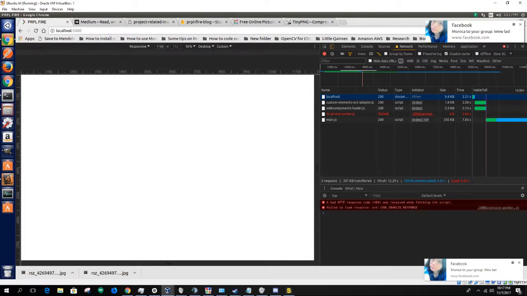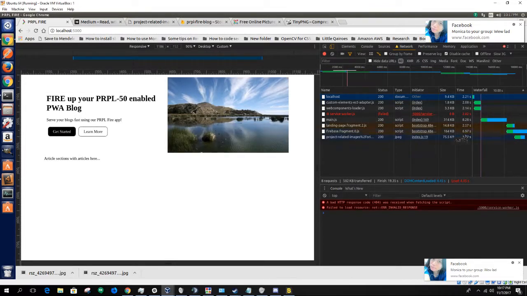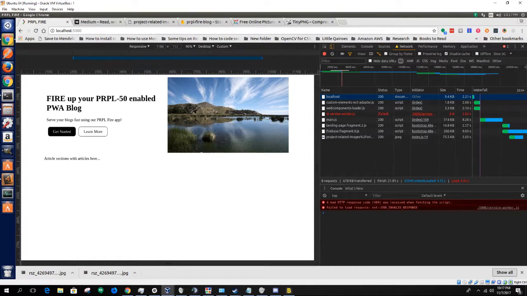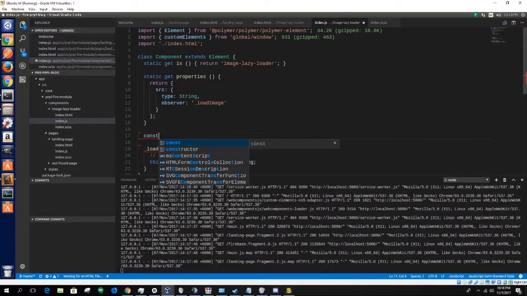So the main JS is being loaded and the landing page is loaded. Oh, it runs already, so that's not a good sign. We should check if, I guess we could add a